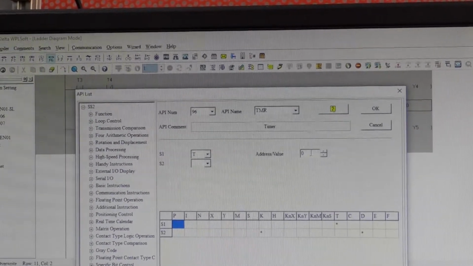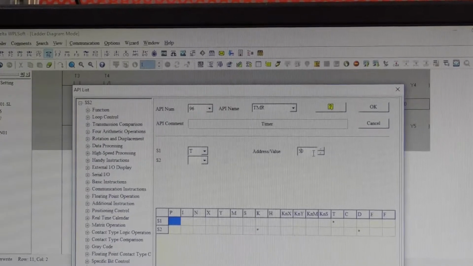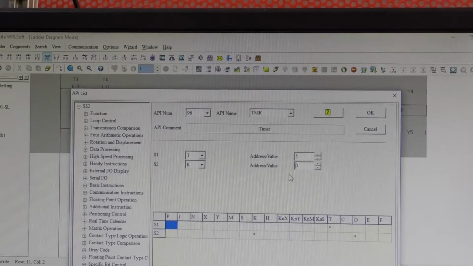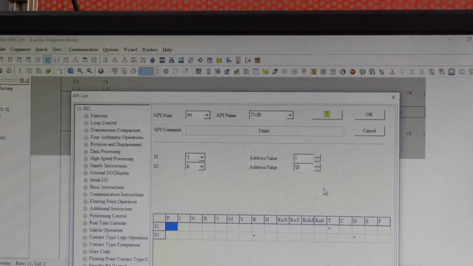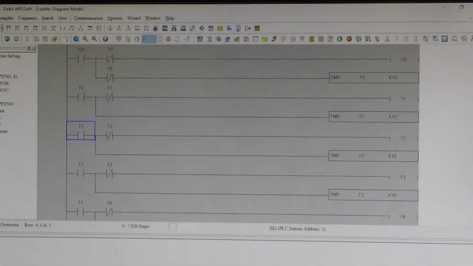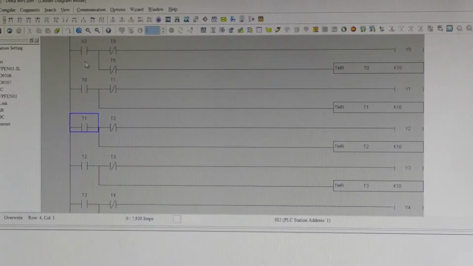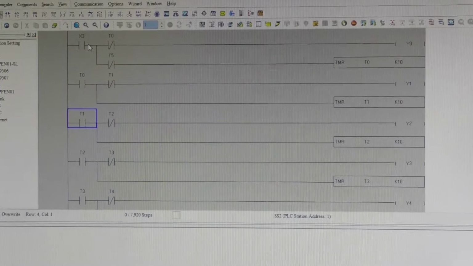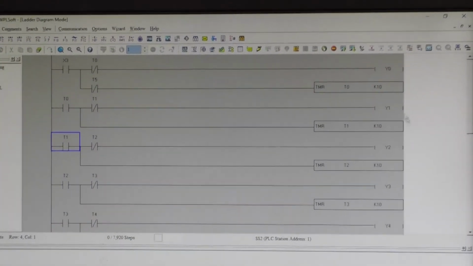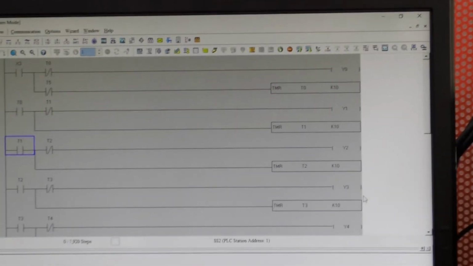T5. Okay. Timer 5, last timer. We are using time count value 10 seconds again. So this is a complete program to blink the 6 lights. So see the logic now. This is the only one switch you are switching on and there are 6 indicators.